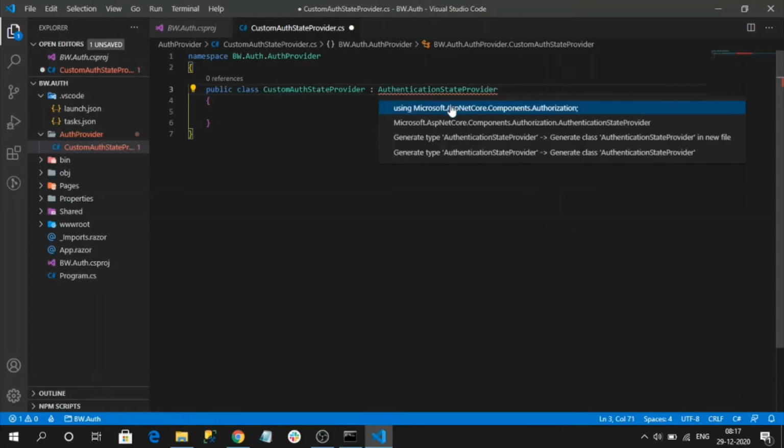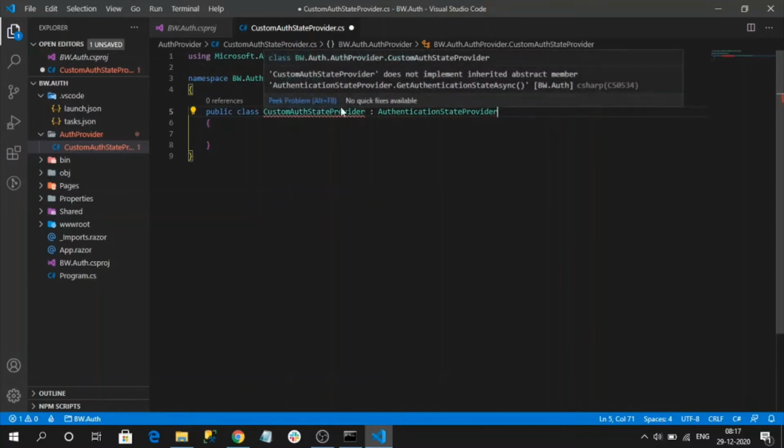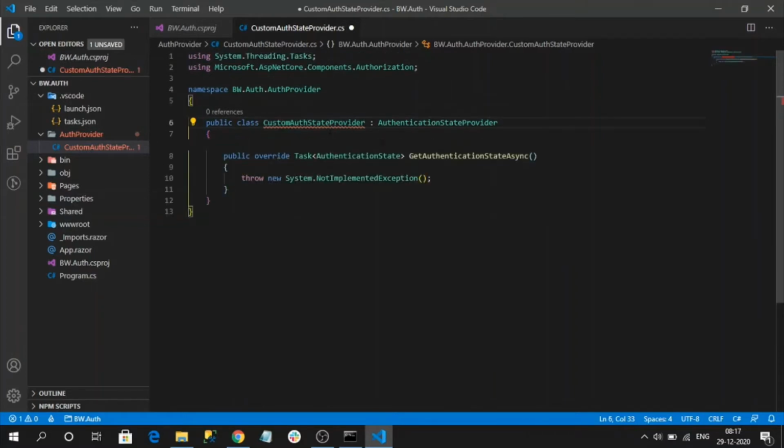Here we need to override the GetAuthenticationStateAsync method. This is the method which supplies the user authentication to the entire application.